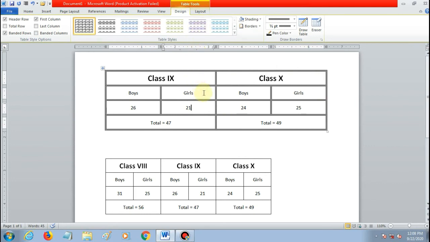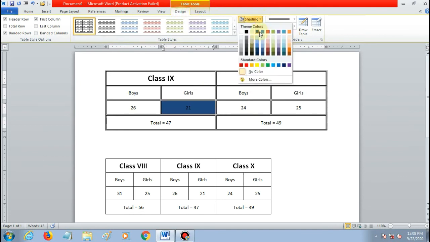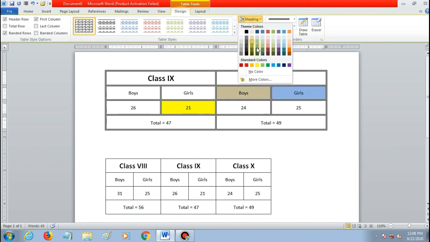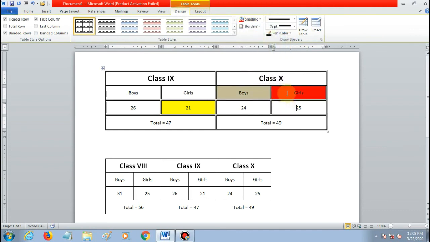If you want to fill a color in a table, then click in a cell in which you want to fill a color. Then go to the shading option in the design tab. Then select the color which you want to give. So in this way you can give different colors in the cells of a table.